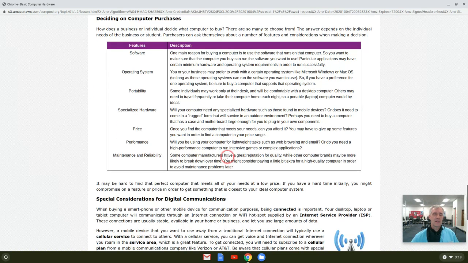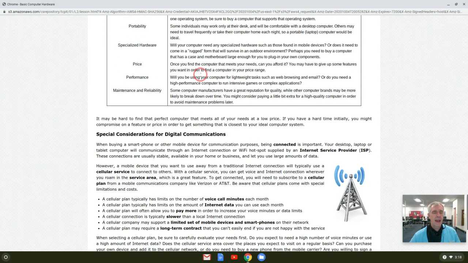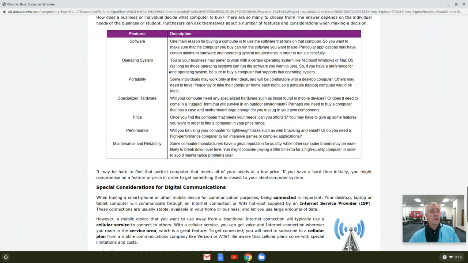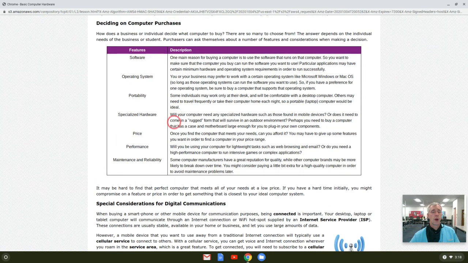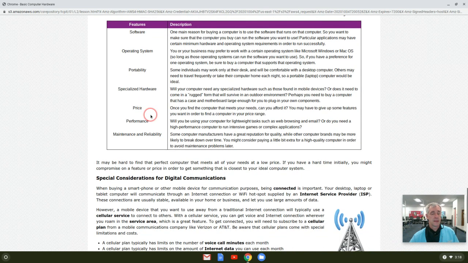And then deciding on what you want to purchase. All of that is a big factor. And you have to weigh, how much do I need? Because it comes at a cost. The more you ask for, the more it's going to cost. So keep that in mind. It's the price that'll make the difference.